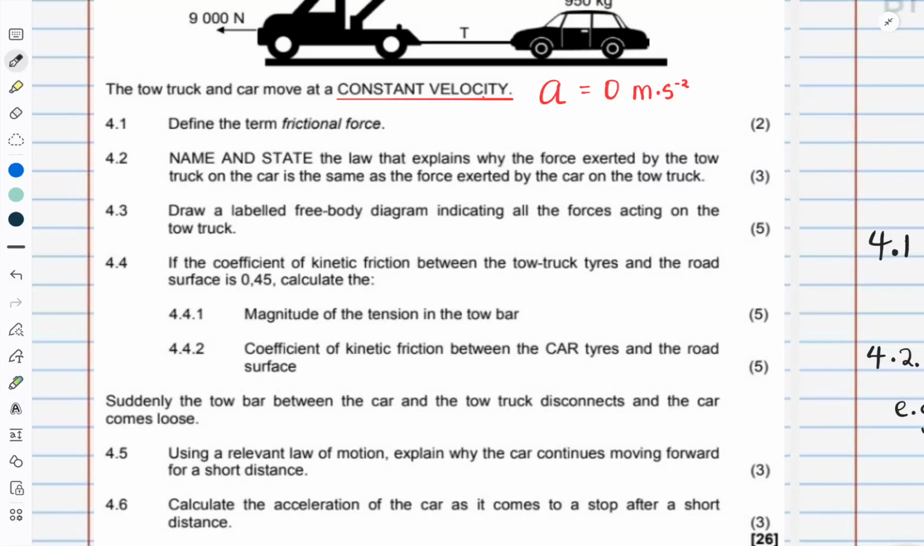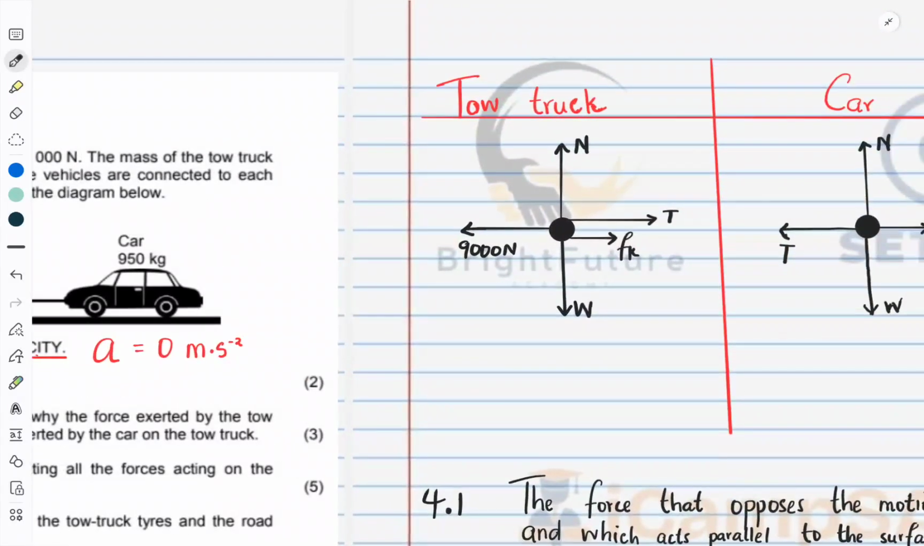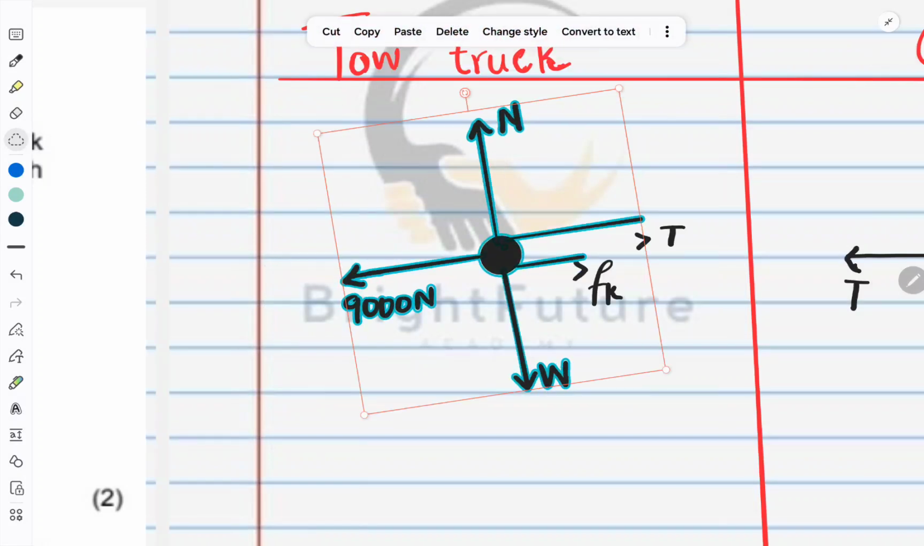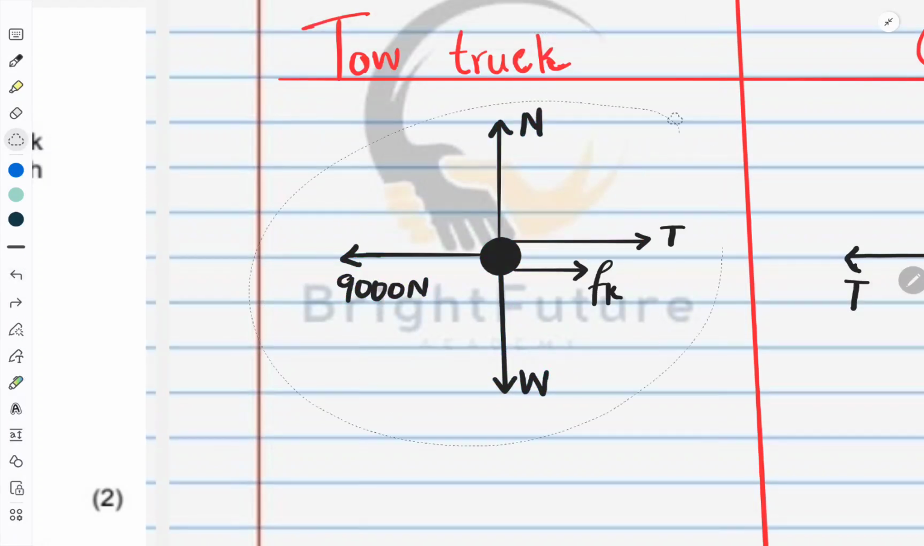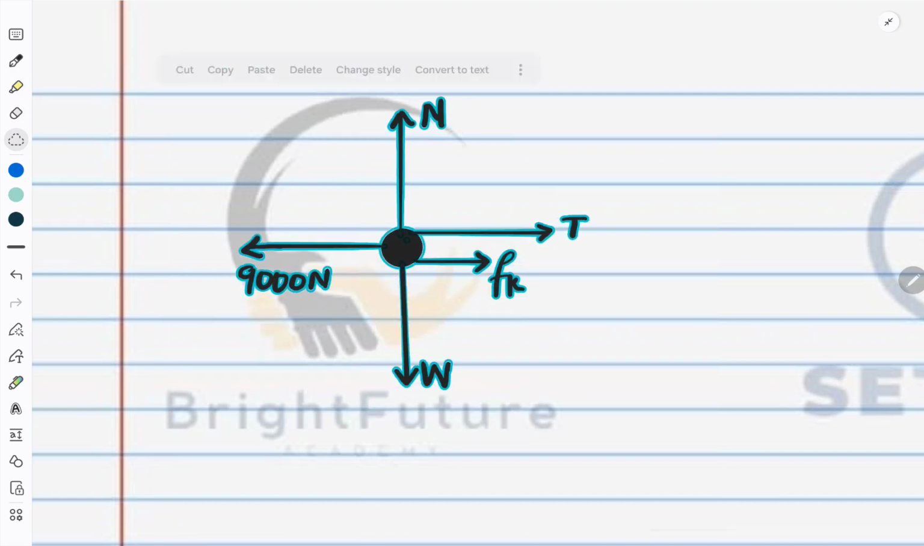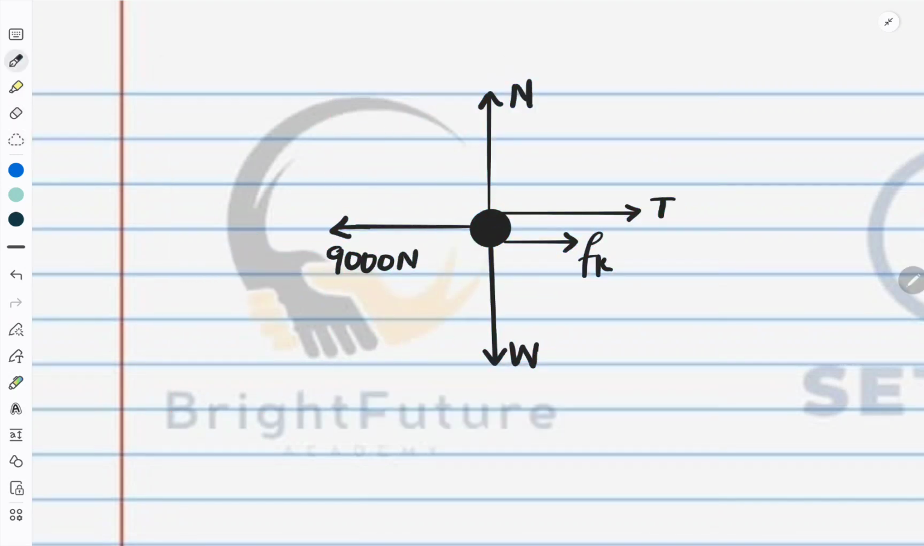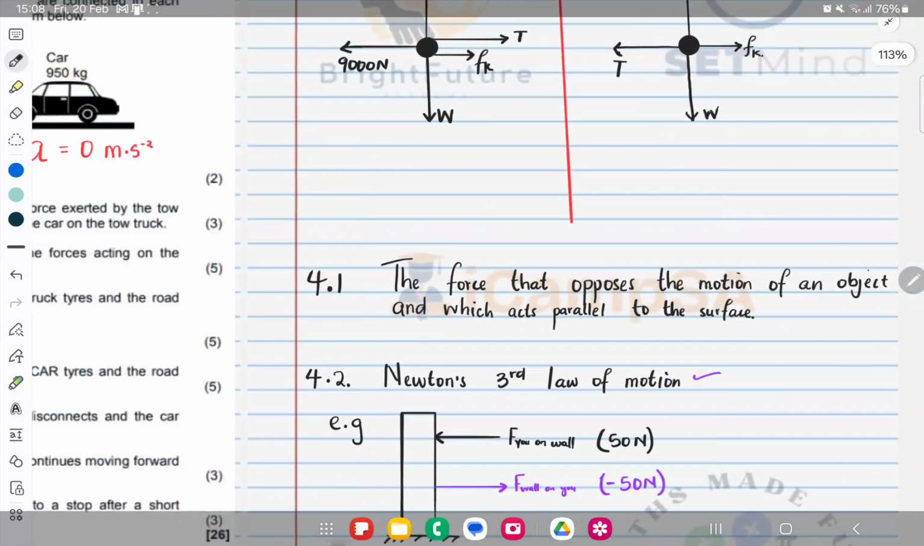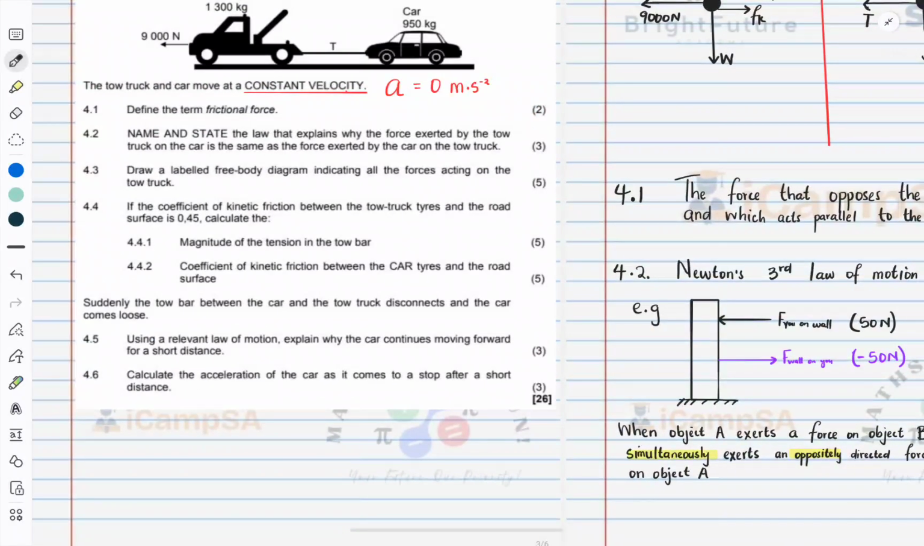Now let's go to 4.3. Draw a labeled free body diagram indicating all the forces acting on the tow truck. We've already drawn our free body diagrams, so I can confidently take this and put it here. This is our 4.3. Okay, we're done with 4.3. And then we have 4.4. If the coefficient of kinetic friction between the tow truck tires and the road surface is 0.45, calculate the